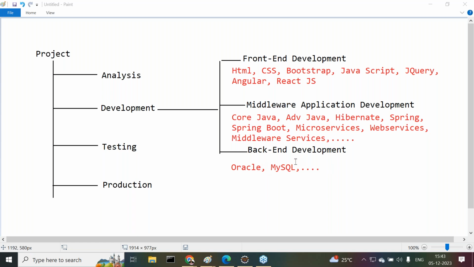Understand my point here? Back-end development is the repository. Back-end in the sense of repositories and databases, data warehouses, for example. These are the storage areas where we have some kind of development. If we take any project here,